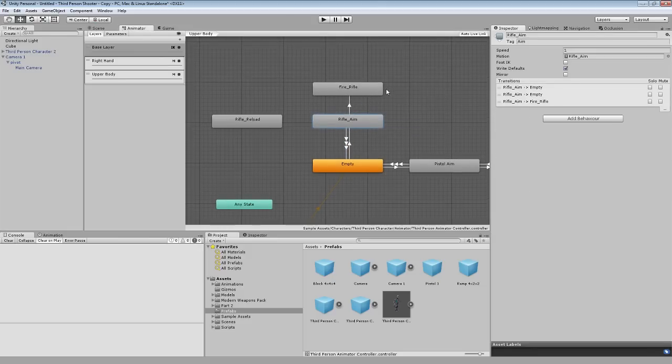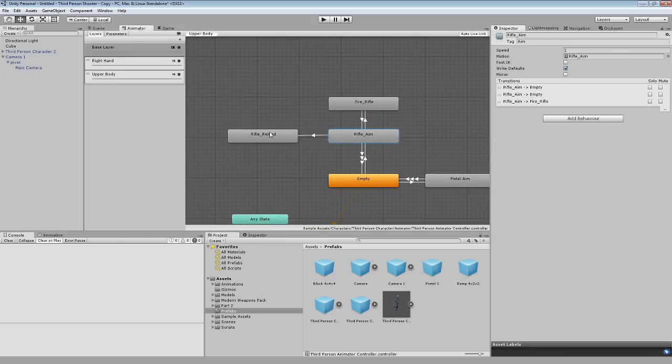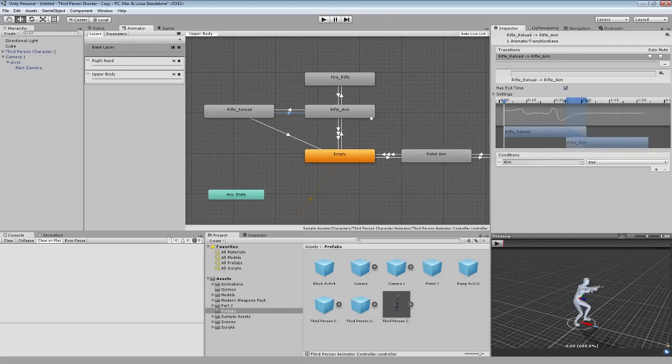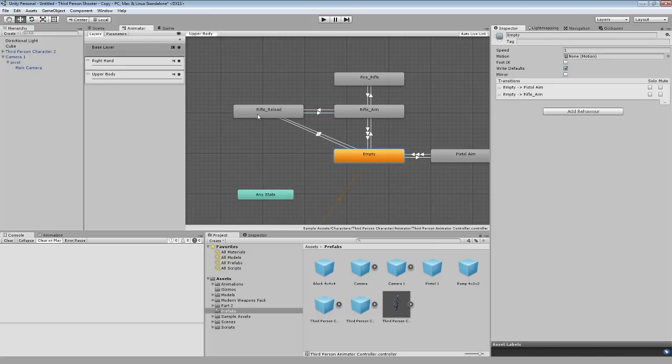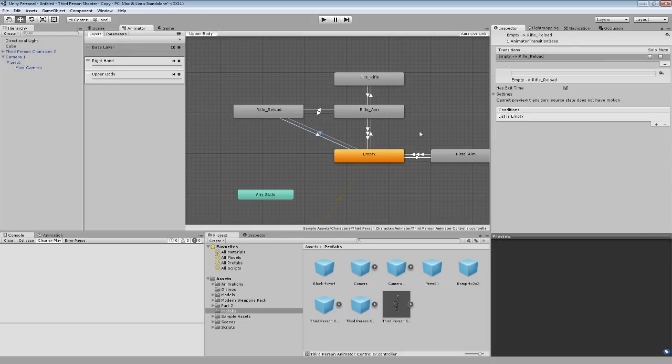From rifle aim we will make a transition to fire rifle, and the condition of course will be if we fire, and from rifle aim to rifle reload, and from the rifle reload either to empty or to rifle aim, and of course we will put reload, and if aim is true it will return to the rifle aim, and it will return to empty if aim is false,